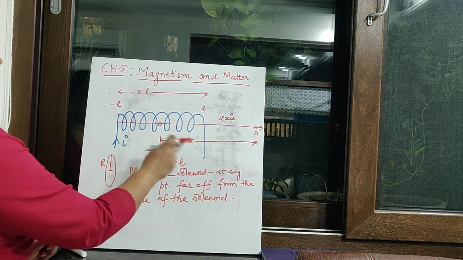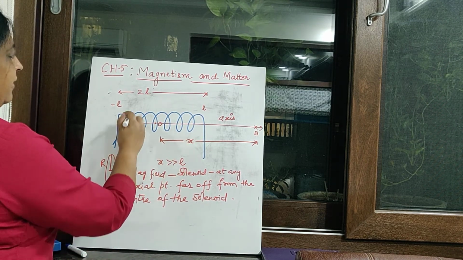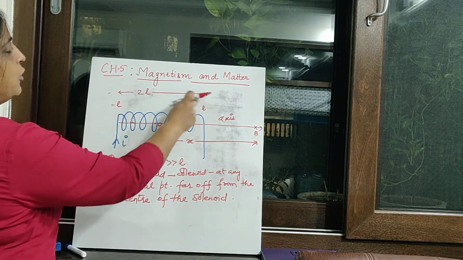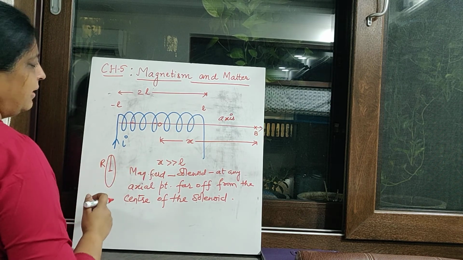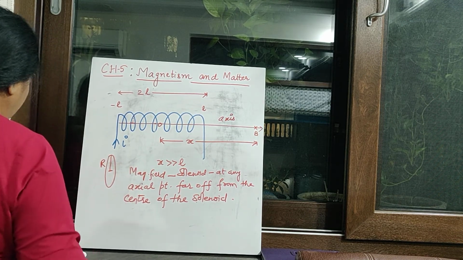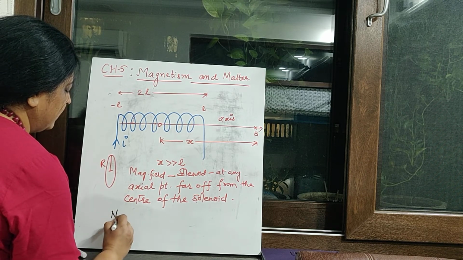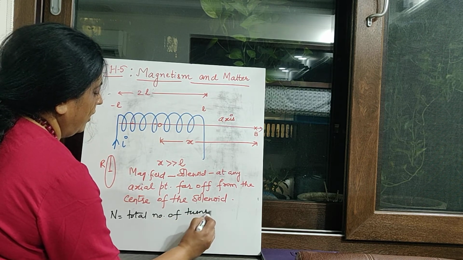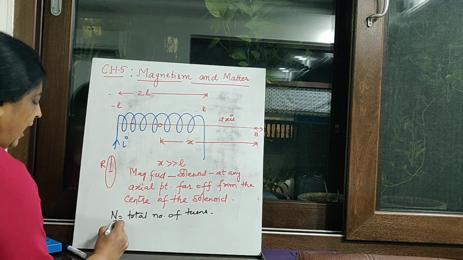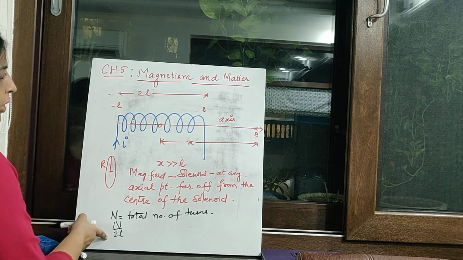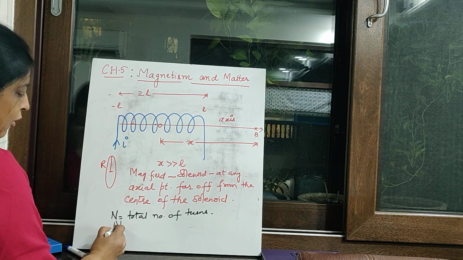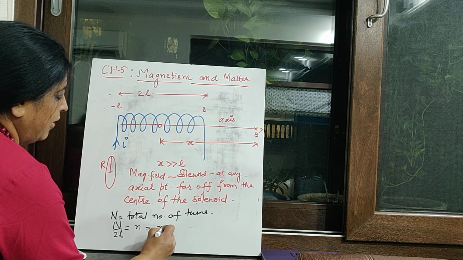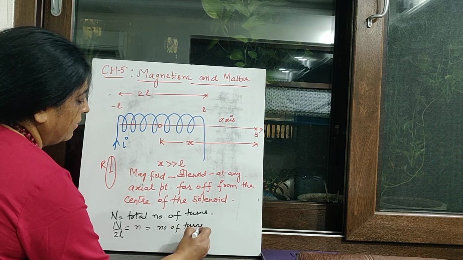Now already we have made some assumptions. We have taken this distance as x, the radius of the circular loop as r, and 2L to be the length of the solenoid. There is only one thing that we have not taken. You can write it down. Let n be the total number of turns of the solenoid, and n by 2L will be the number of turns per unit length, because its length is 2L. So the number of turns per unit length, let us say we define by n. So you can write down the number of turns per unit length.